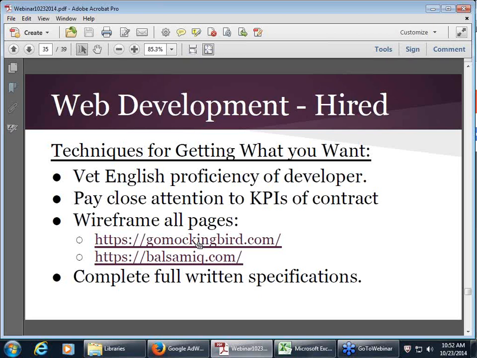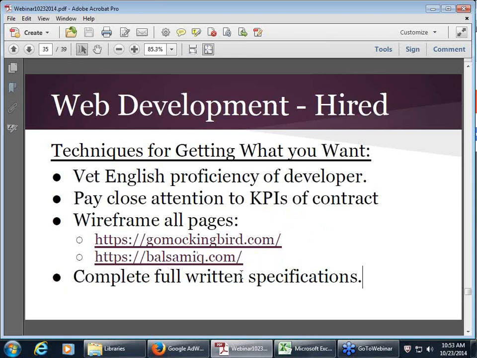It just gives you shapes that look like a website, to help put together something to deliver to the developer and say, this is what I want it to look like. You can use some of your own discretion on what colors should go in here, or what sort of gradients should be applied to this particular part of the page. But for the most part, this is a design that I want. So putting together wireframes helps. And then secondarily, putting together a full set of written specifications.